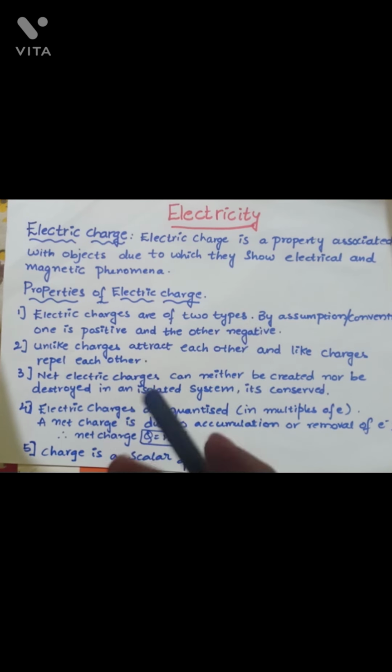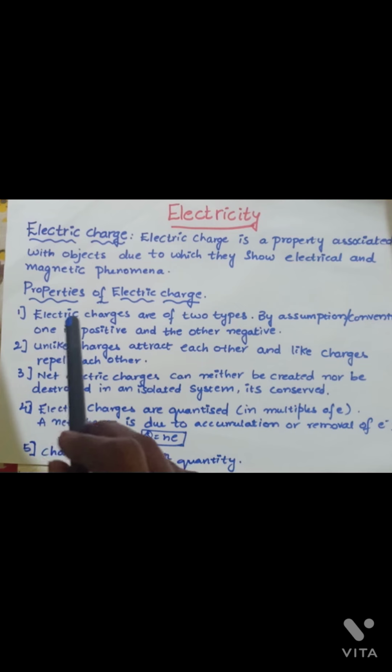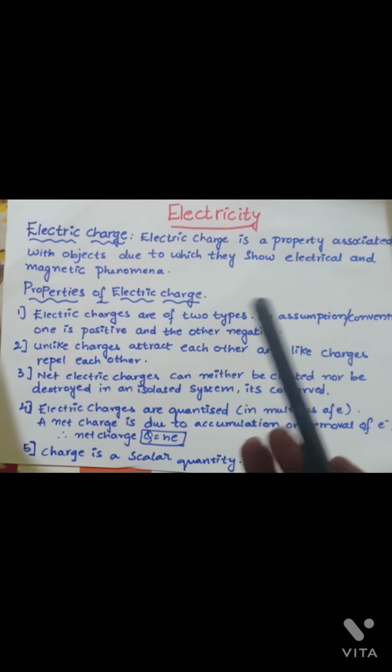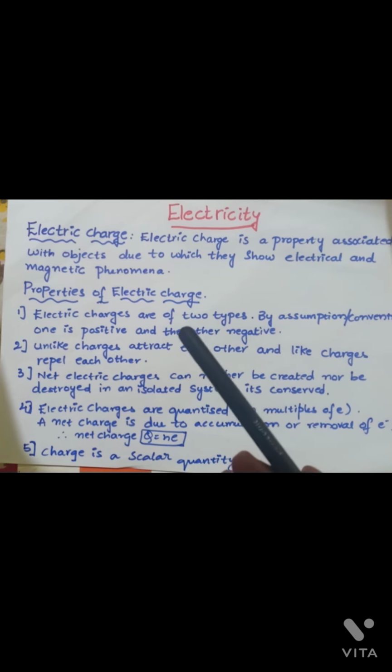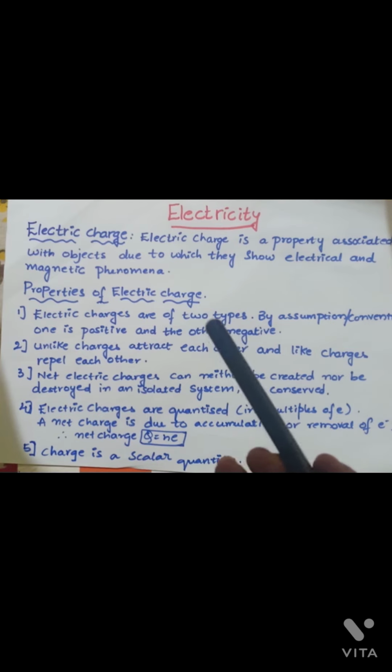That means the scale was able to pull the papers towards itself only because of this charge present on the scale. So coming to the properties one by one. The first one: electric charges are of two types. By assumption, because we don't know what it is, we have given the name charge to it,